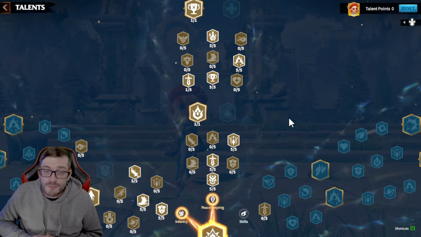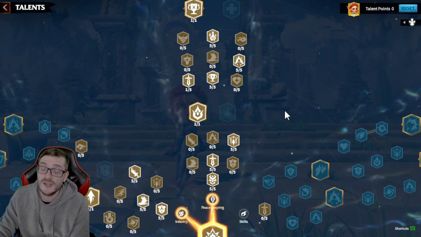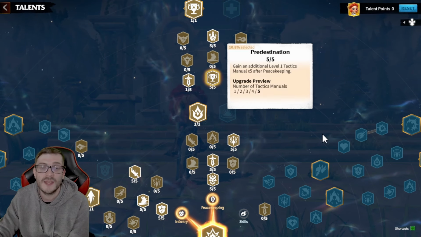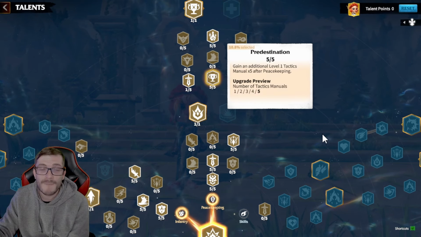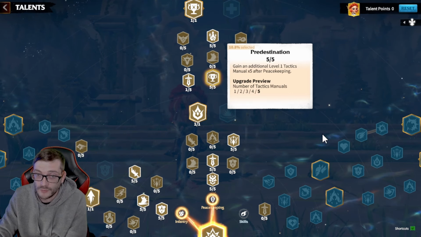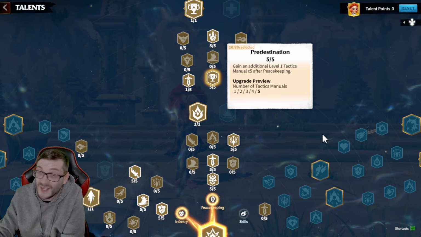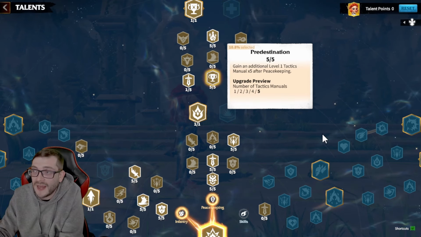I didn't know they actually buffed the peacekeeping tree pretty well. And it's a pretty good tree to go down, especially if you want to level up heroes and get some bonuses out of it. Because the thing is, in this tree now, you're getting 5x extra manuals, right? So you're getting extra XP manuals for doing what you're already doing, which is amazing. I'm going to be honest, just adding 5 for free out of nowhere is going to add up in the long run. Maybe at the end of the season, right,